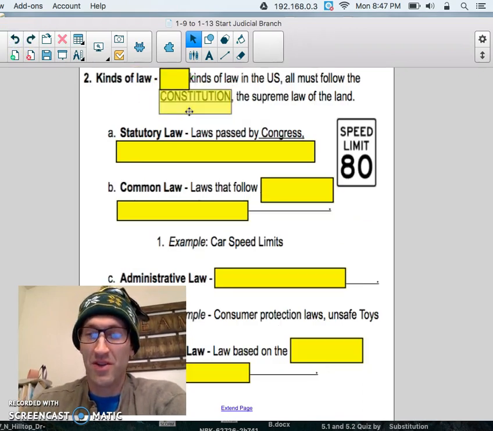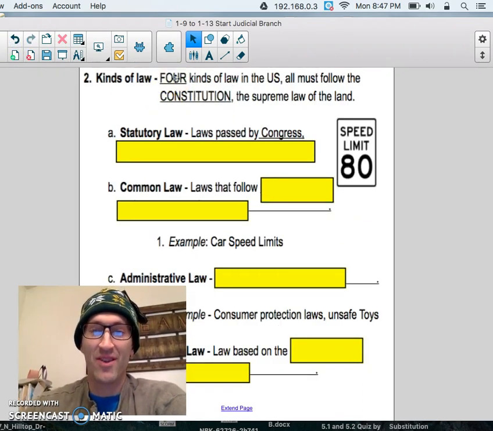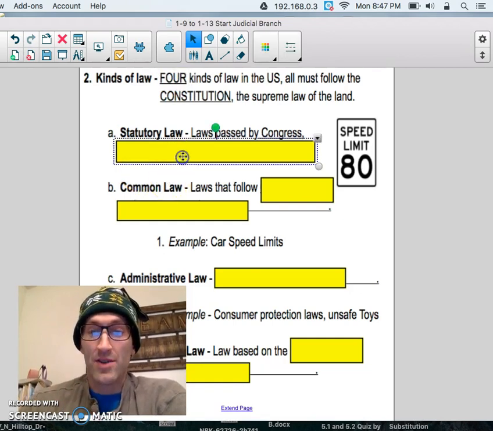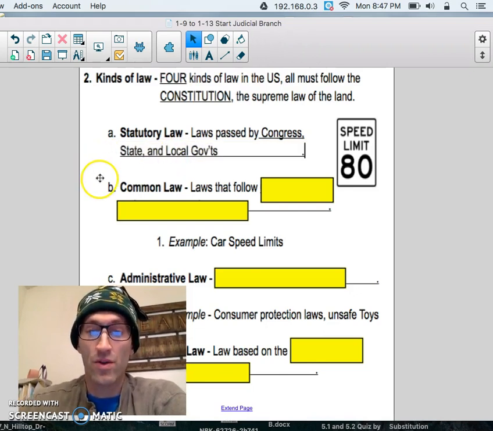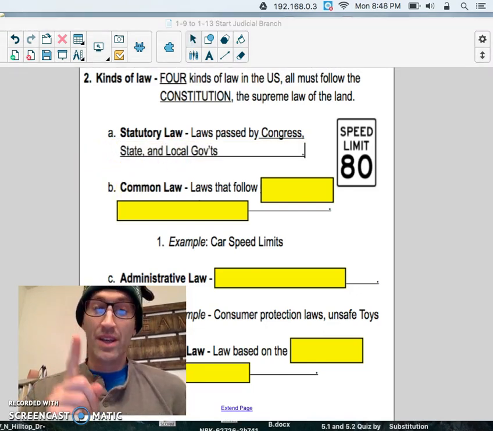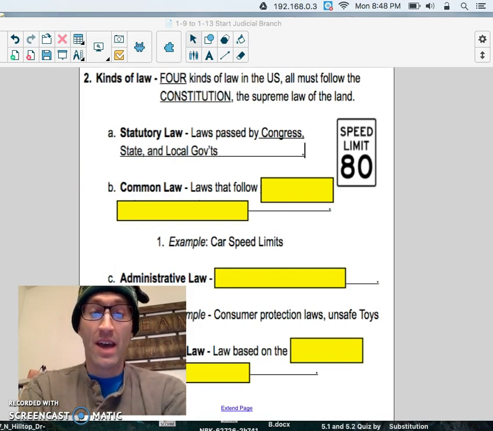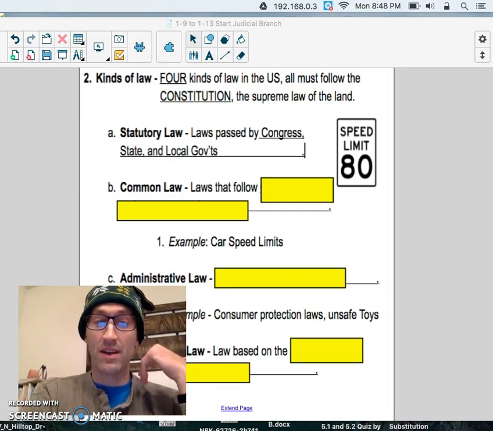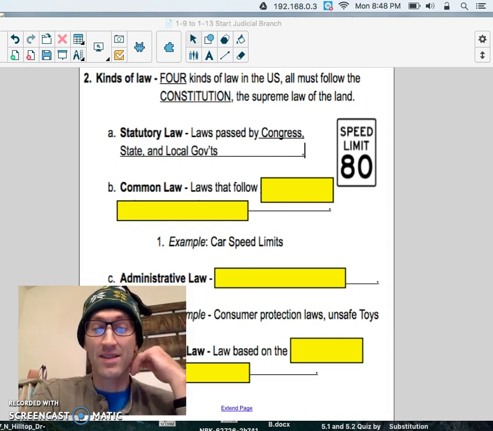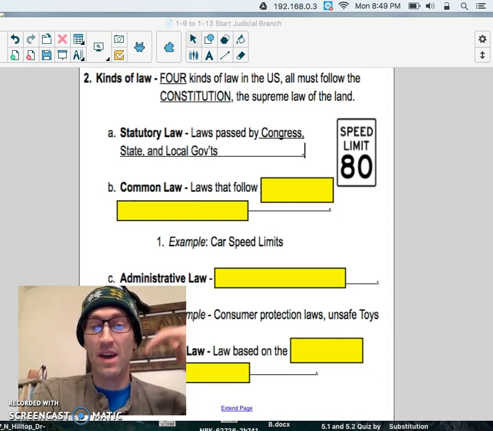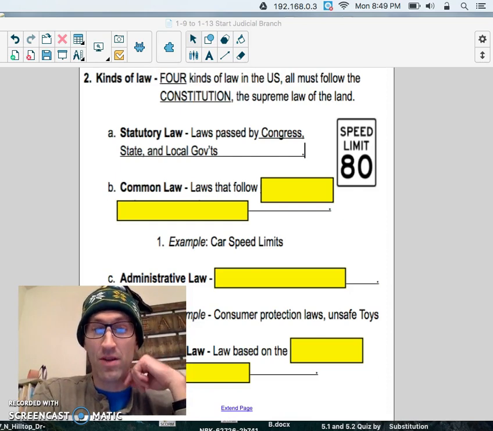The Constitution, which is the supreme law of the land. All right? Kind of law number 1, statutory law. These are laws that are passed by Congress, states, and local governments. One really good example of a statutory law is something you can see just outside of our classroom. It's called a fire exit sign. These kinds of things help keep people safe, and they are a great example of a state law that keeps